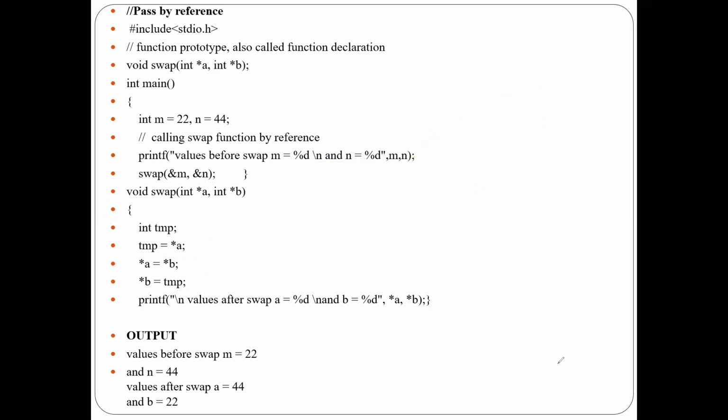So this completes what is meant by the pointer, what the types of pointer are, what the types of invoking the function are, how we have to write a user defined function, and the methods of calling the function, that is pass by value and pass by reference. Okay, we have completed this one.